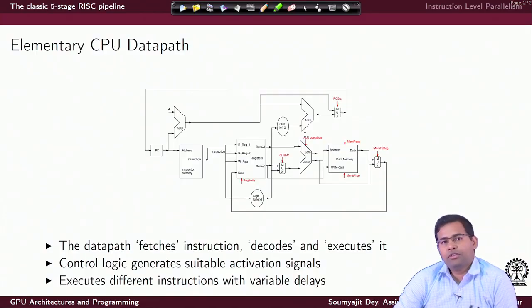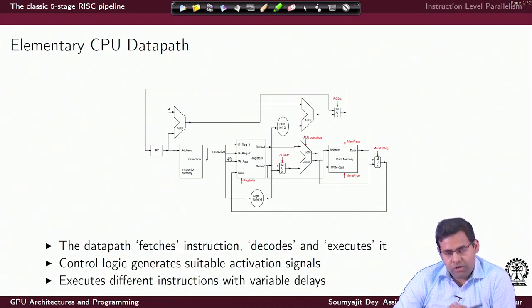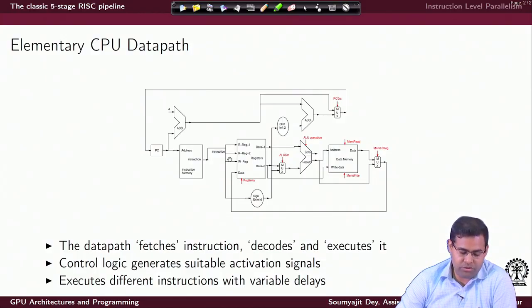Like we have said, the CPU's data path is going to execute three basic operations for now: fetching the instruction, decoding the instruction, and executing it. These are the functional operations, which means it will take one instruction, understand the semantic meaning of the instruction, and do exactly what the instruction wants to do in terms of functionality. But there is also the question of reading and writing operands from memory as well as updating values in registers. This will also give rise to some more functions which we will see soon.